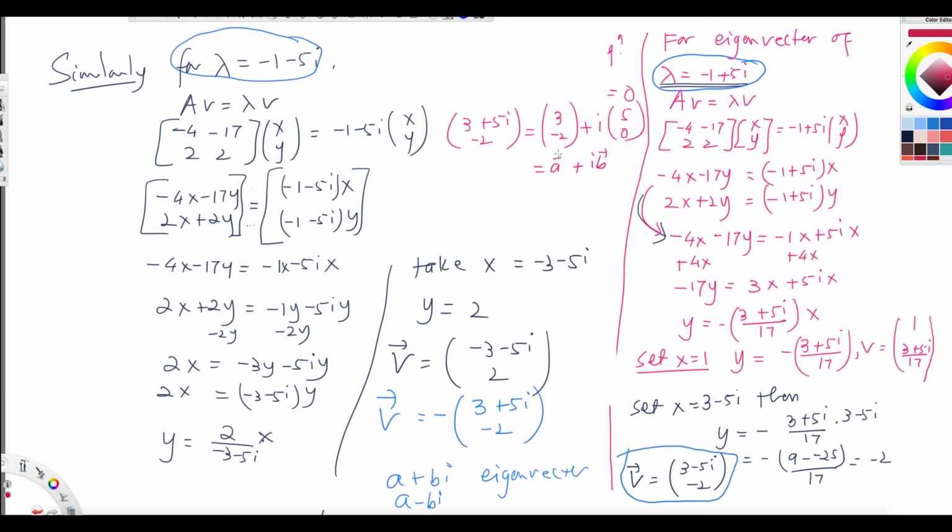So a and b are vectors here, but you can definitely write this as a plus ib. So this is like a plus ib and this is a minus ib. You can write either way. So if a plus ib is an eigenvector, then a minus ib is also an eigenvector. I mean, you got an extra negative sign here, but no worries about that. We could get an extra negative sign there too if you distribute this negative 3 minus 5i, in that case you would be multiplied by negative 3 plus 5i here, and then you get the plus 2 here in that case. Okay, but